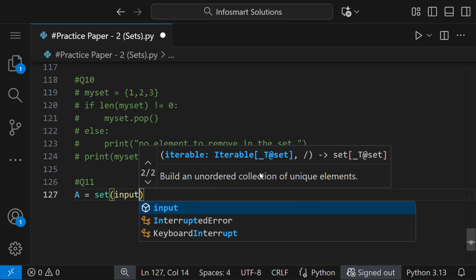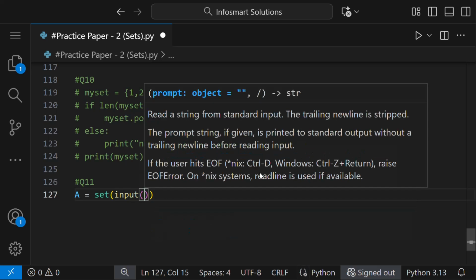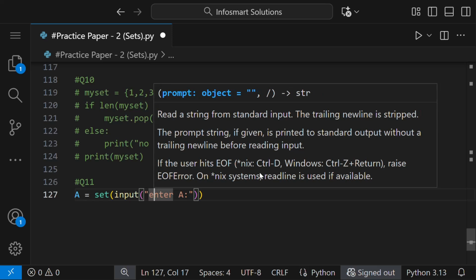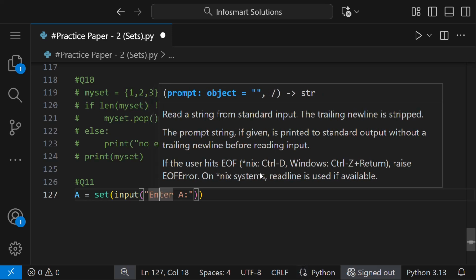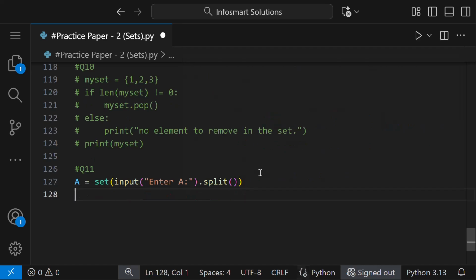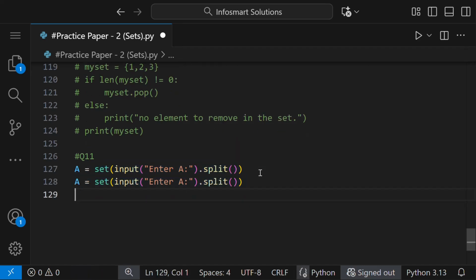Let us say set input enter A, and here we can say dot split. Then similarly we have to take input B. So B is another set,